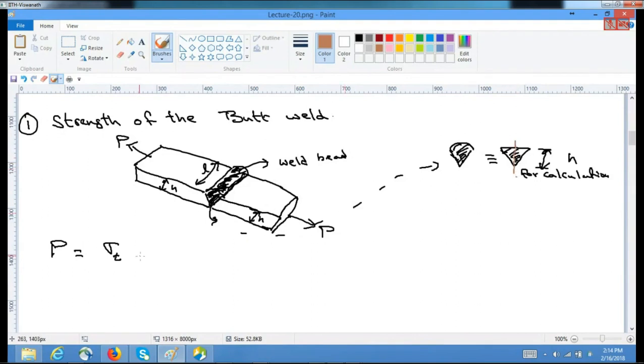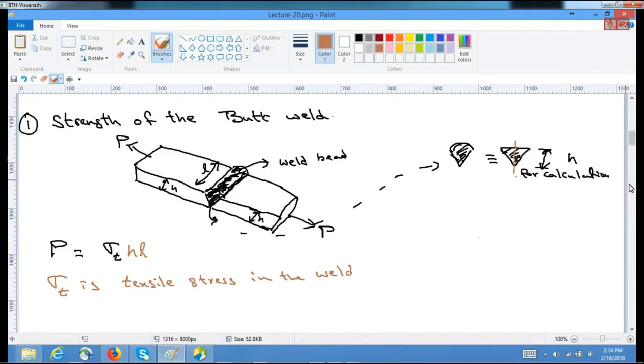Its height is h and its length is L, so it is the net cross section. So P is equal to sigma T h L, where sigma T is the tensile stress in the weld,